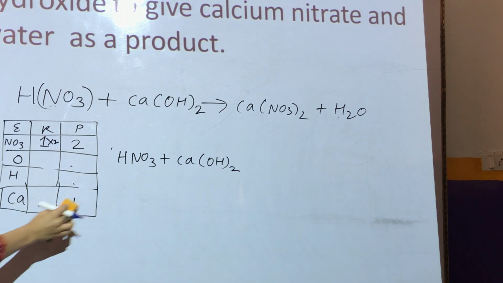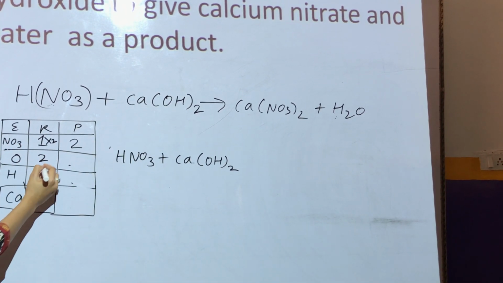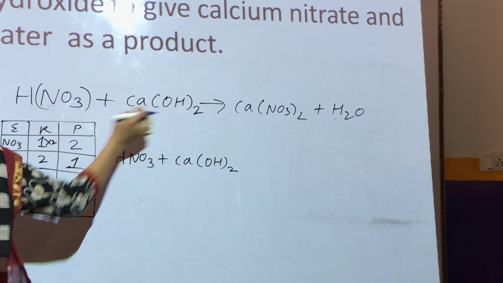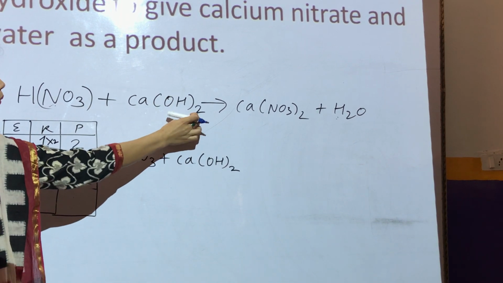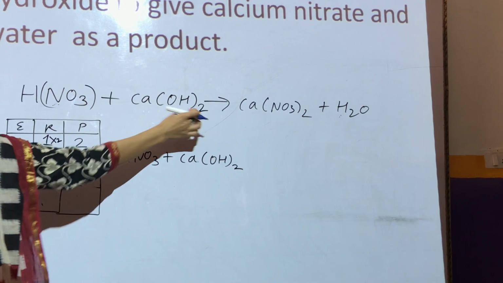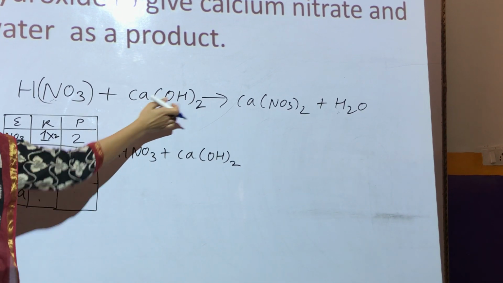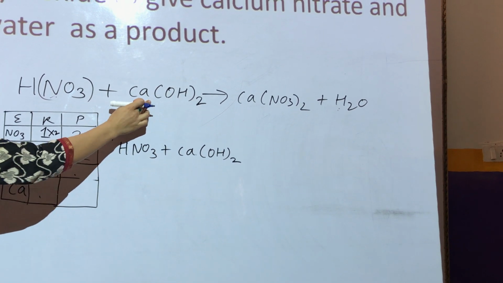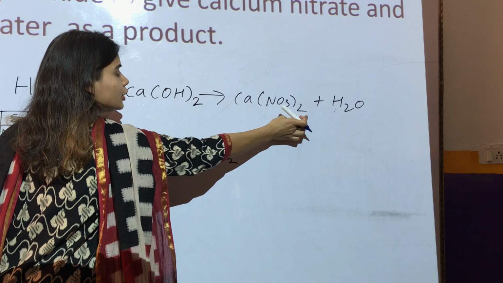So let us count again very quickly. Oxygen is how many? 2, and there oxygen is 1. In Ca(OH), the OH is whole twice always because the valency of calcium is 2. Why are we writing 2 here? Because the valency of calcium is 2 and the valency of OH is 1. So when they cross multiply, the Ca valency goes here and the OH valency goes here. Similarly here also the calcium valency is 2. That's why we are writing 2 here.